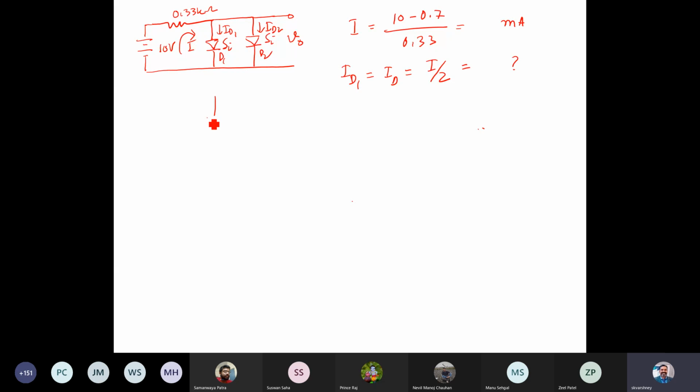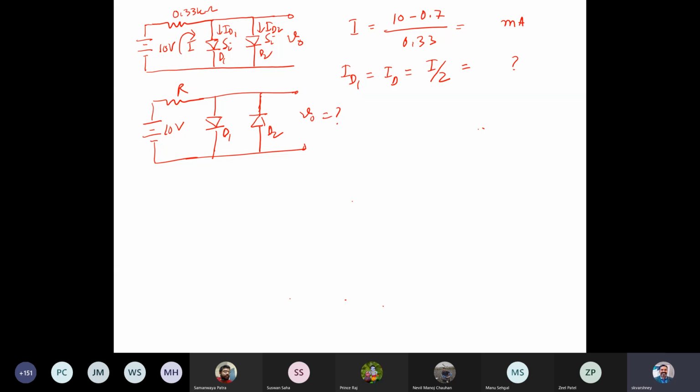Now it can be, let's say one diode is like this way, and another diode will be, let's say this is another combination that might be possible. I have taken it like this, diode D1, D2, and it's R. Let's say 10 volt, so we need to find out V naught. We can try out, or you can change the battery position. So that's kind of like multiple circuits we can do.